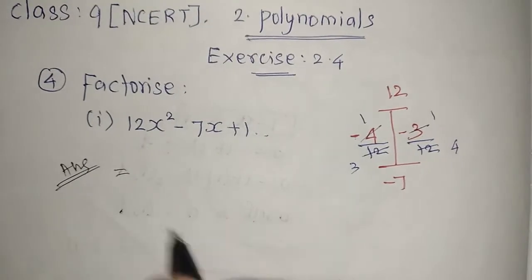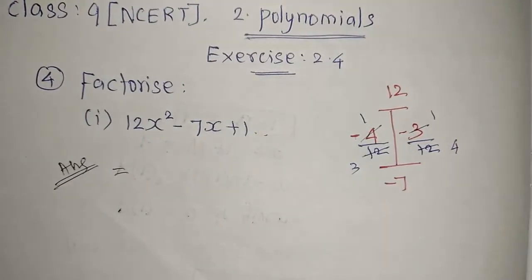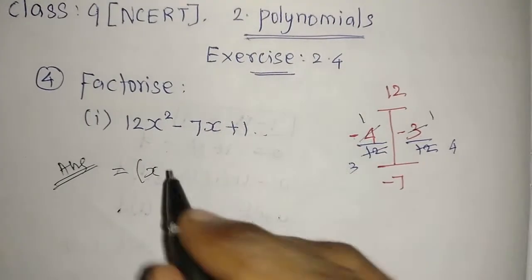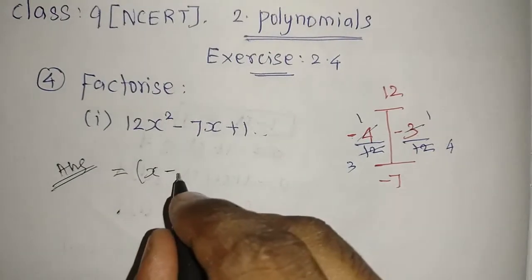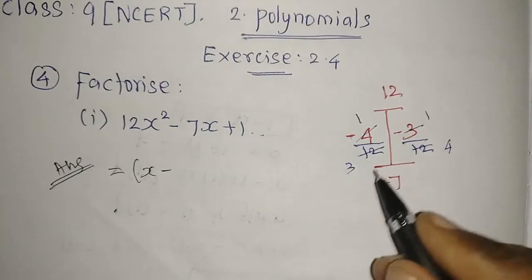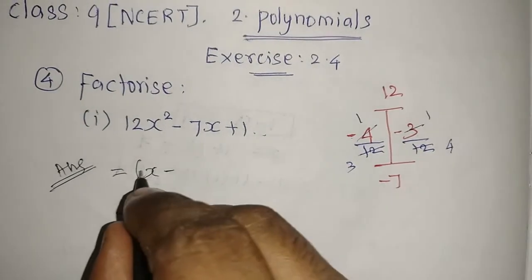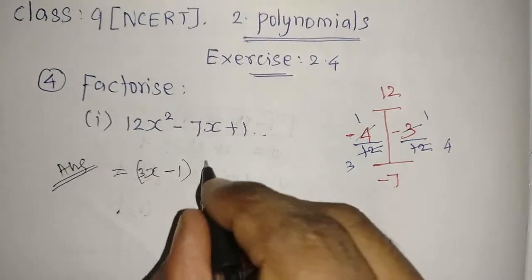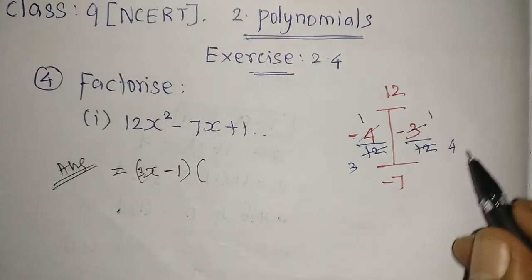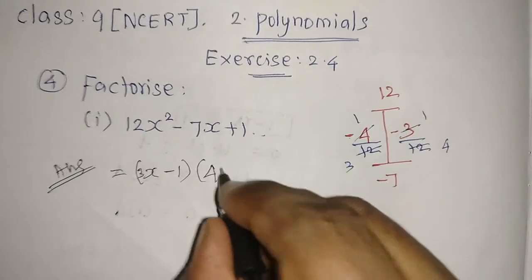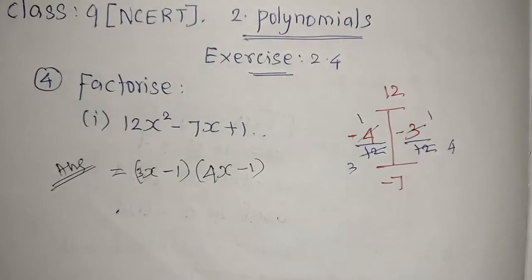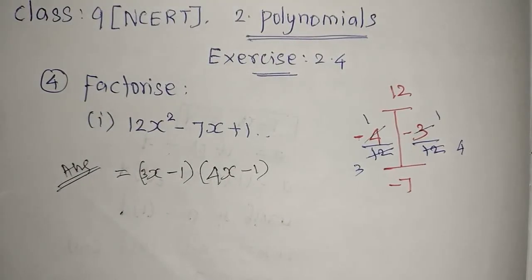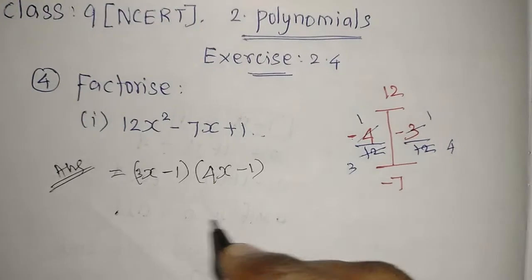Now see, what we have here is that we need to write x, and with this symbol you can write x minus 1 by 3. But whatever we have in the denominator, that value you should write before the x. That is very important. So 3x minus 1 into, in the denominator we have 4 here, so 4x minus 1. That's it. Within a single step we can give the answer. So without dividing, if you need to move on, I'll give the aliter method.